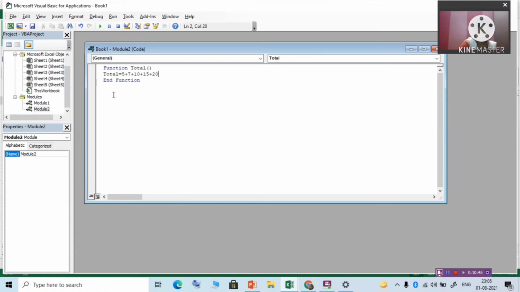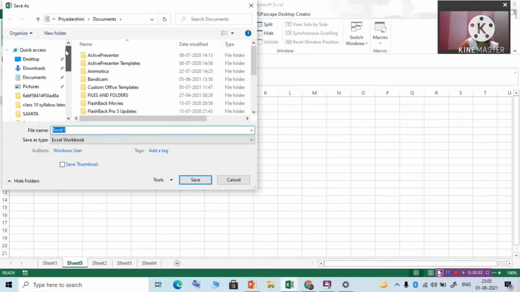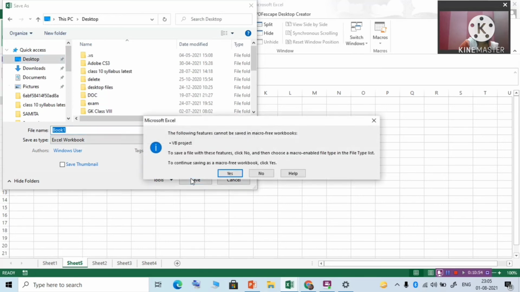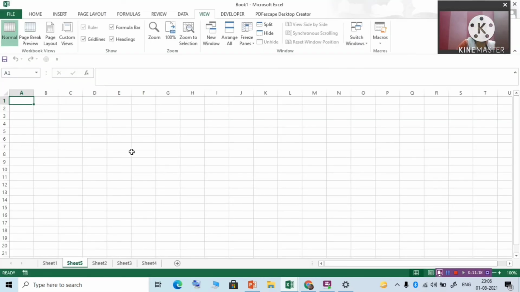Then you save it. Here you press Alt plus F11 again, and you will be back to your sheet.